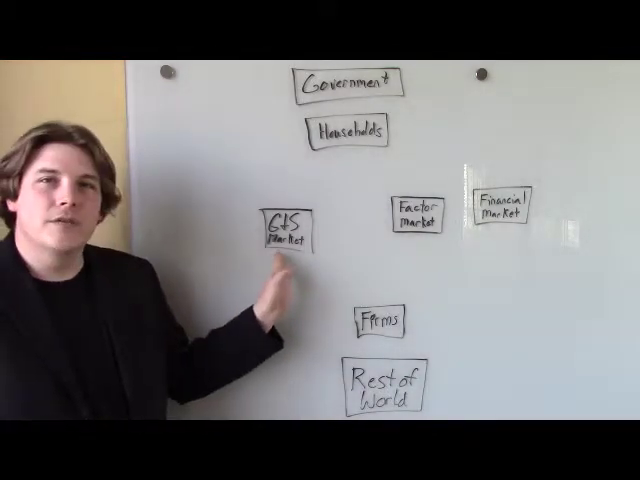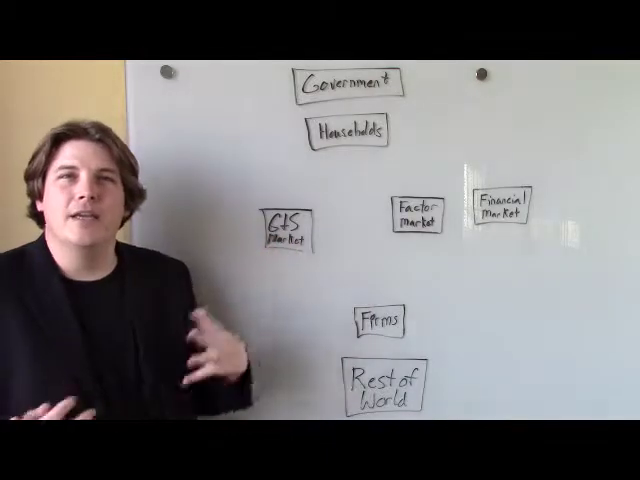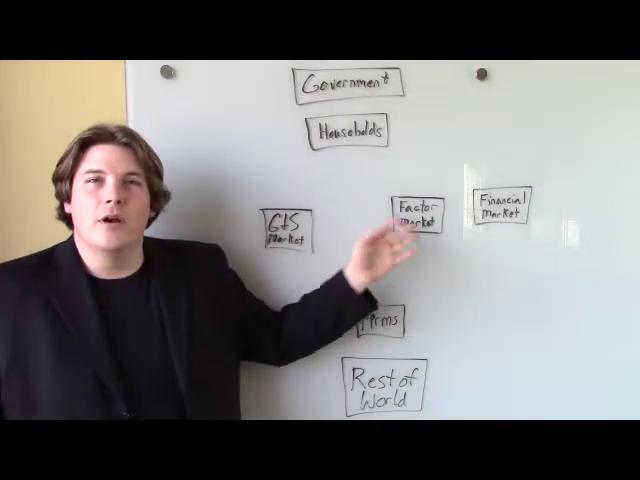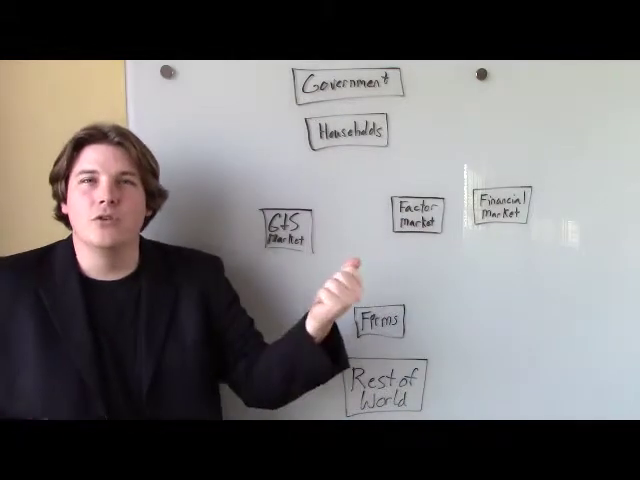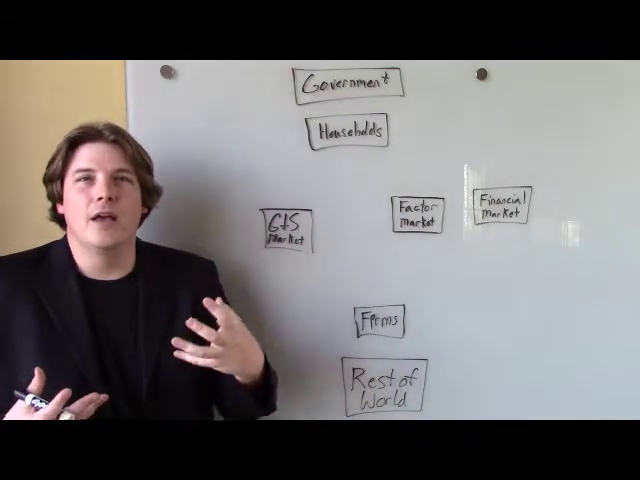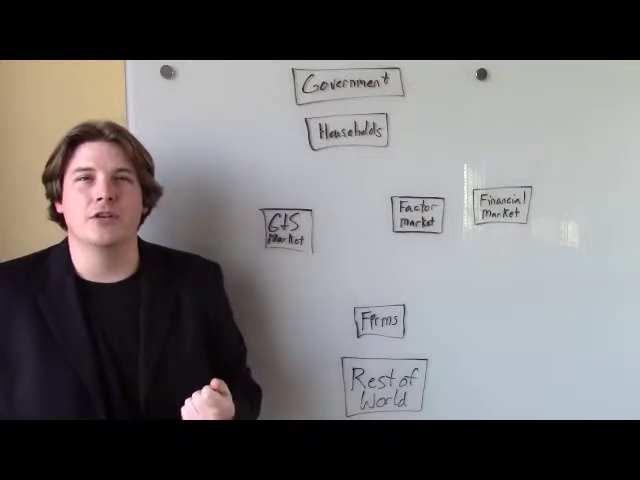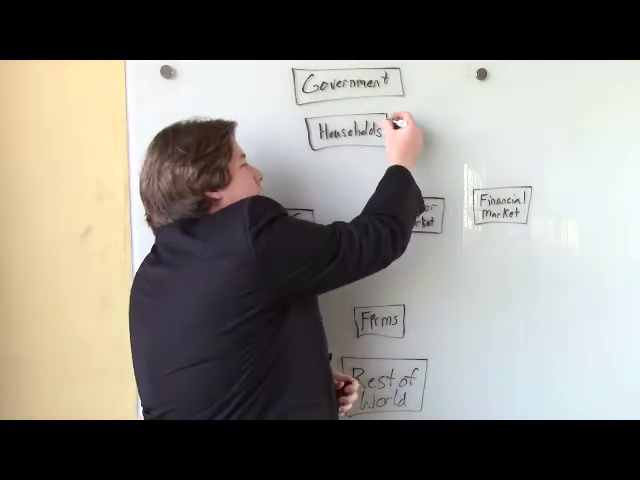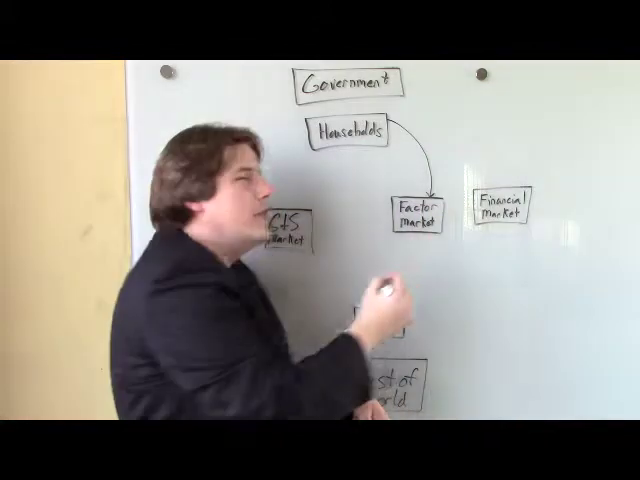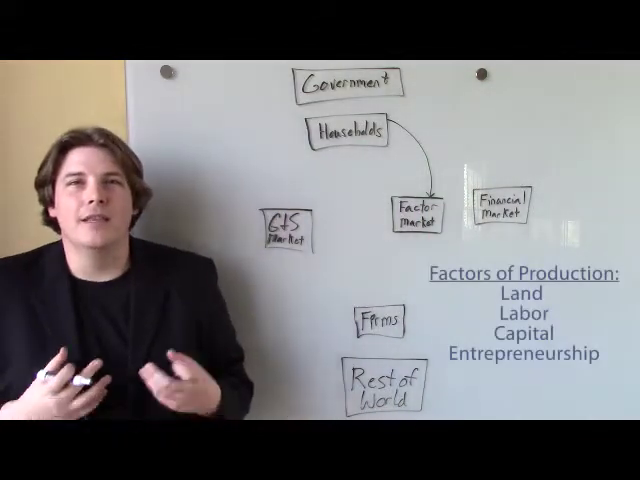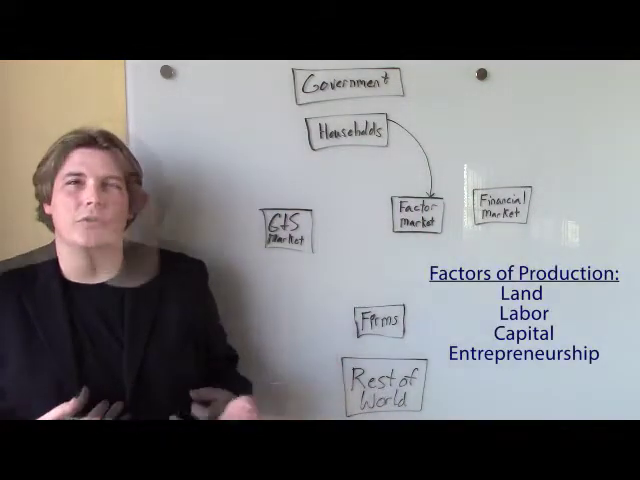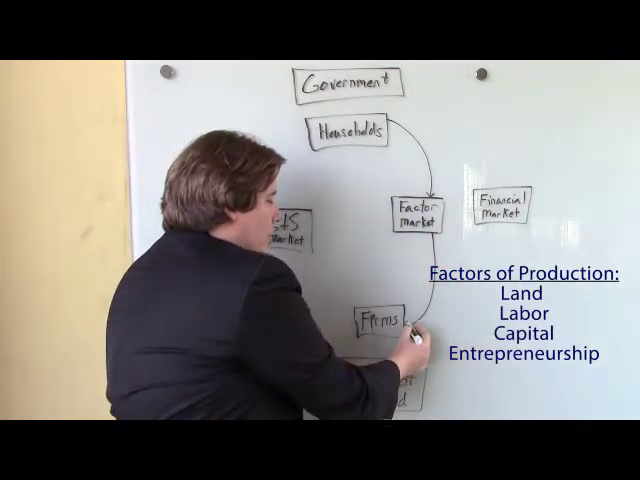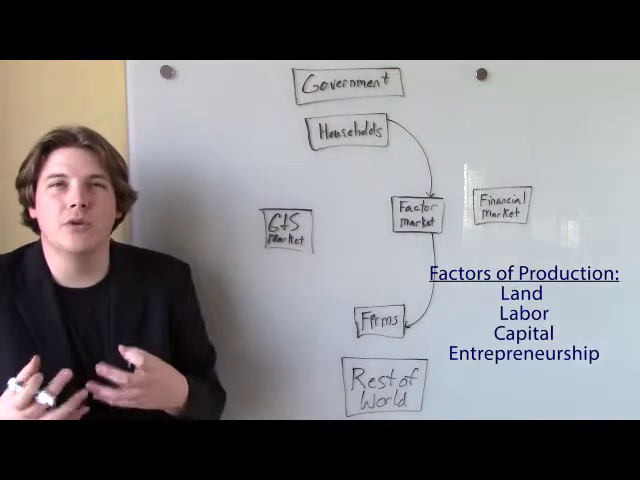We have goods and services market, where people go to buy the things that they consume. And we have a factor market, where firms and households go to decide the price of these factors of production. So households go to the factor market, and what they have to sell is land, labor, capital, and entrepreneurship. This land, labor, capital, and entrepreneurship go to the firms so that the firms can produce the goods and services